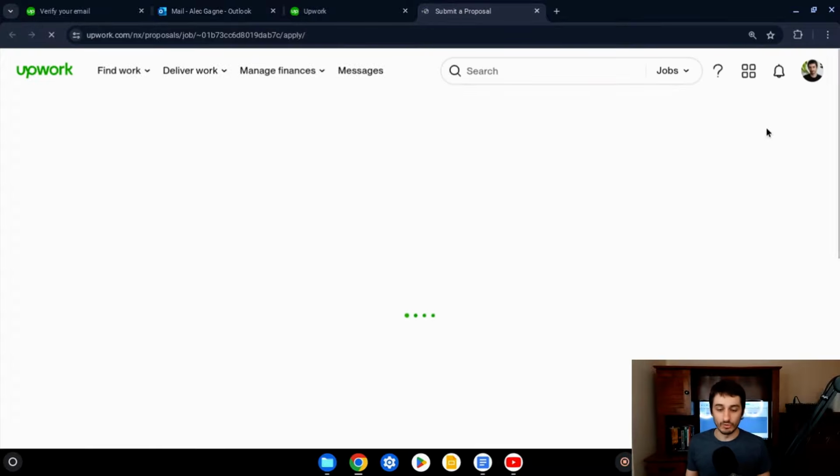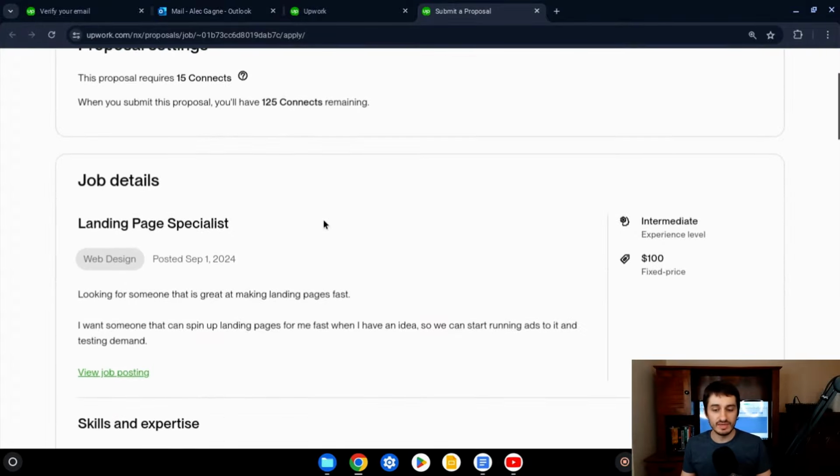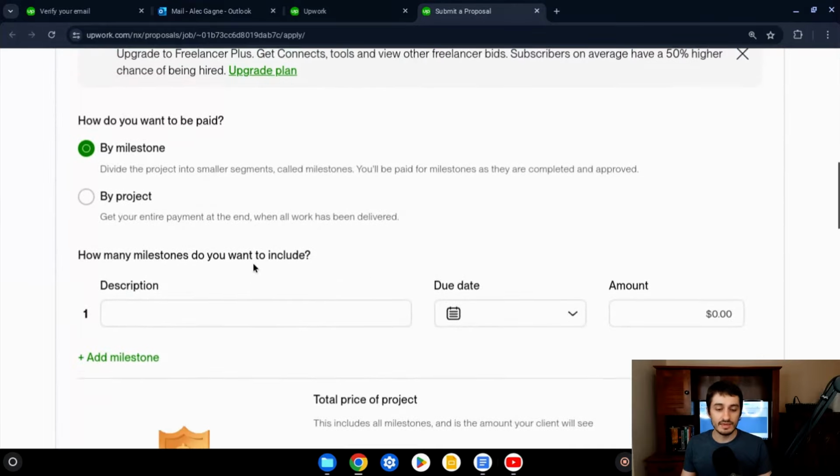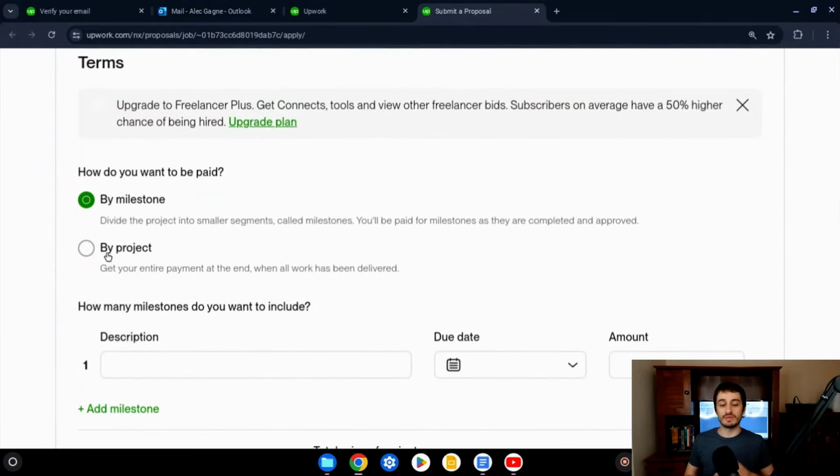So the way you write a proposal, very simple. It's going to take you to this page. So here we have, again, the description of the job. We can go down, and here we have the option of saying how you want to be paid. The options that are available to you depend on what the client has decided. So if you have a job where the client has decided they want to pay per project and you'd like to get paid hourly, you still have the option of just estimating how many hours it's probably going to take you and just multiplying that by the hourly rate that you want,